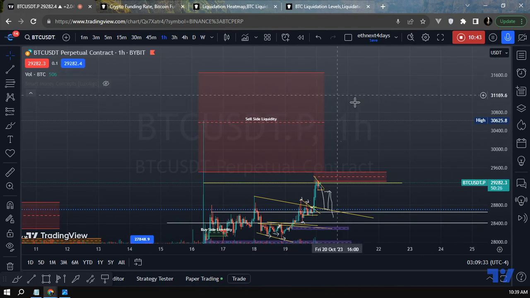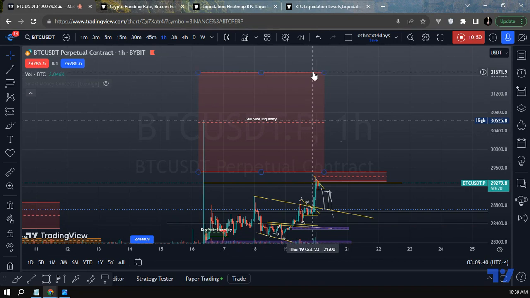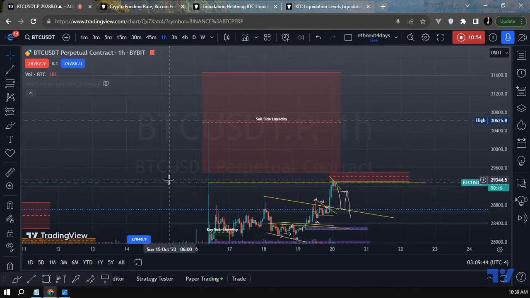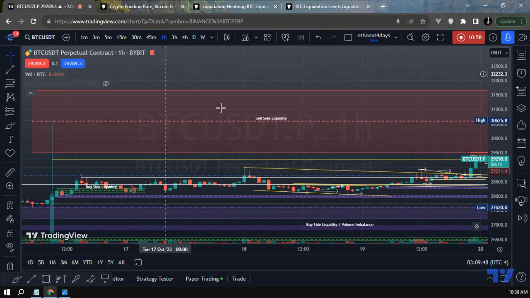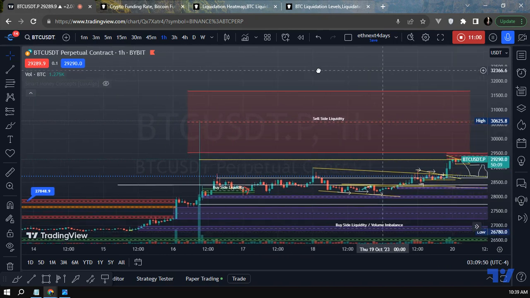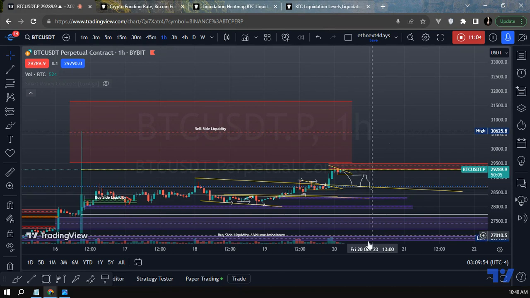All right. If we want to lose that 31K completely, I mean, lose it to the upside, go a little bit higher, we have to take this completely. And this is a big sell side liquidity, as you guys can see. So if we take this, then we could see some higher move. We could essentially do a double top right here and then get rejected.